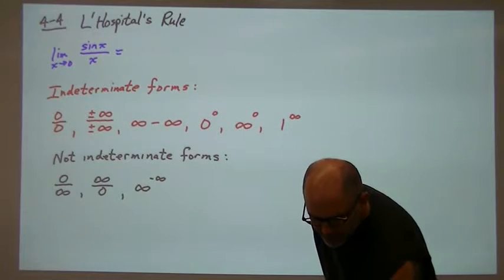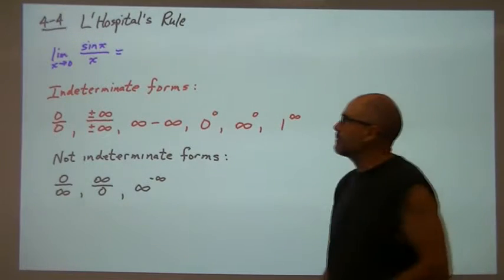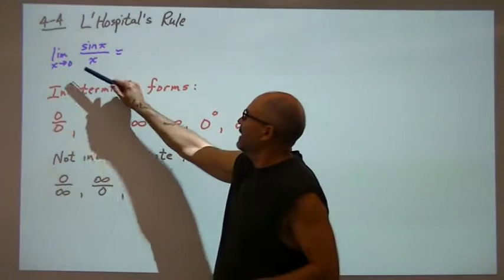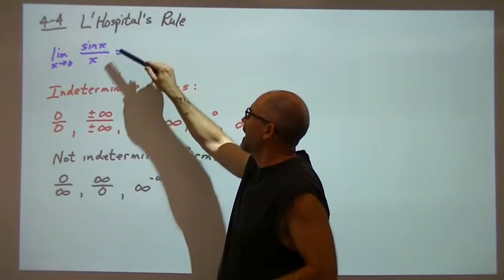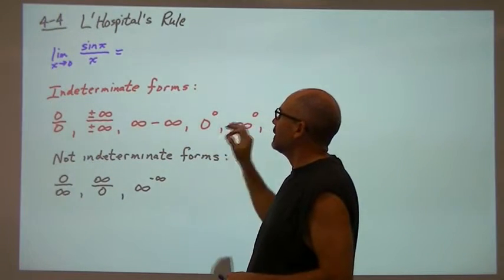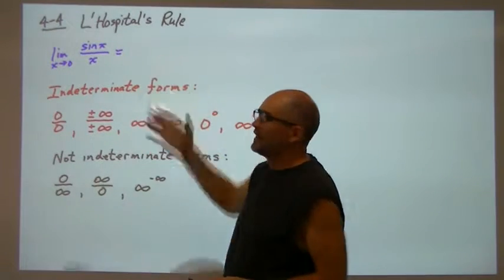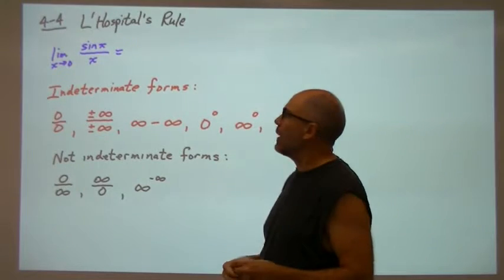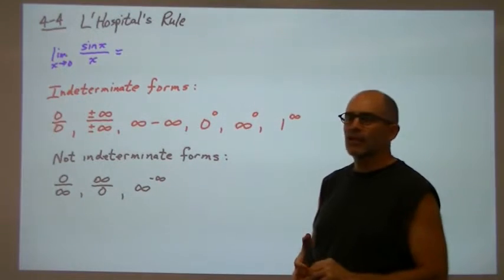Okay, here we go. Now, back in chapter 2, we had this limit: the limit as x approaches 0 of sine x over x. And there was a long involved proof there that said this thing is 1. Well, we have a much easier way of doing that today. We're going to be using